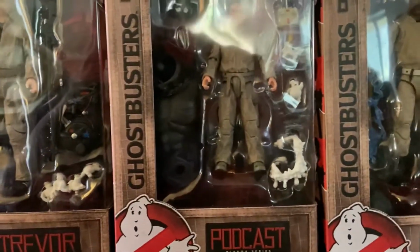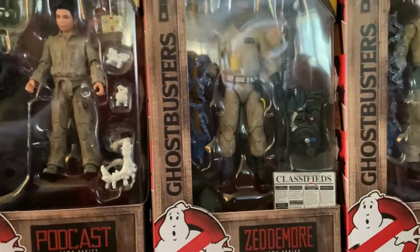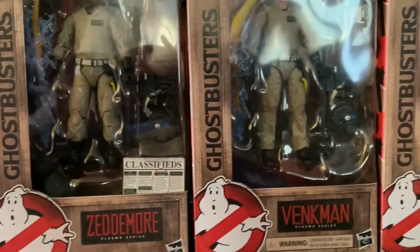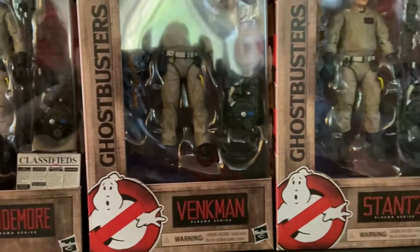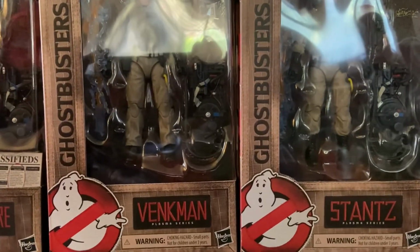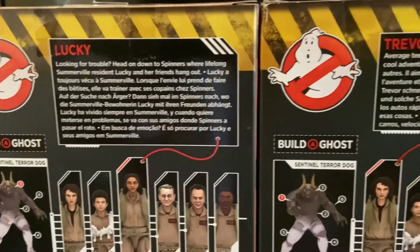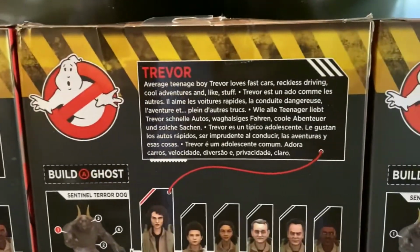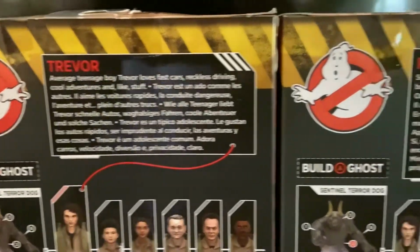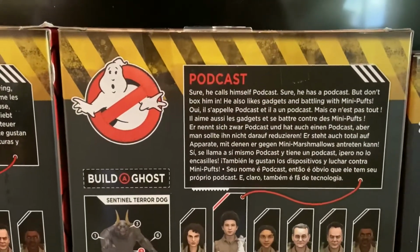Now, here's a little shot of all of them in their packaging. We got 3 of the new Ghostbusters and 3 of the classic Ghostbusters. And the packaging design is very similar to the very first wave of figures that they released. And let's move to the back of the packaging now, where you see the Build-A-Ghost, the Sentinel Terror Dog, which we'll talk about in a little bit, and little biographies about each of the Ghostbusters. So this wave does consist of 6 figures, like I mentioned. And there's the